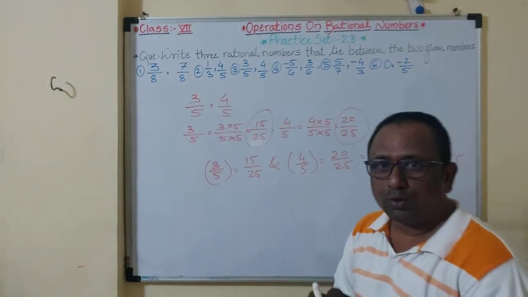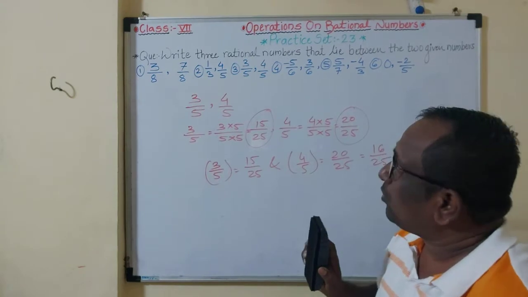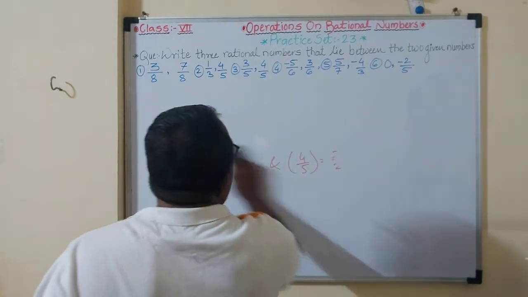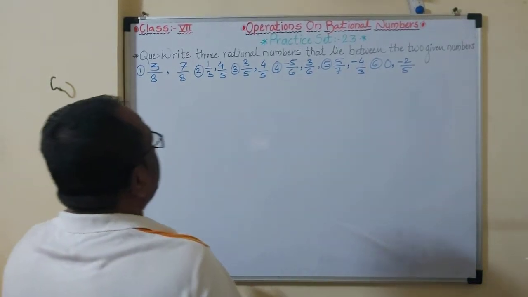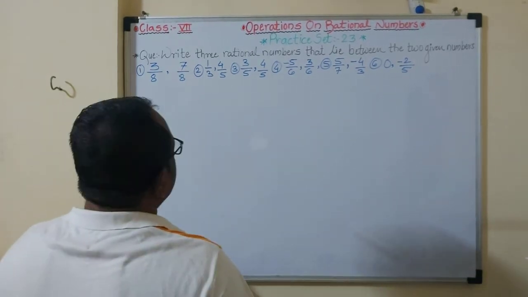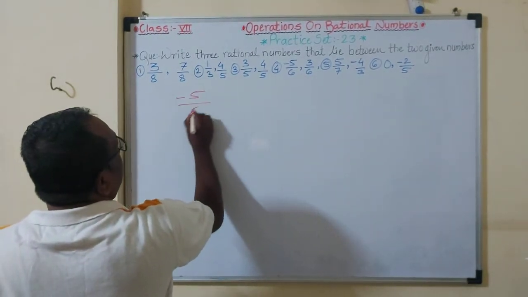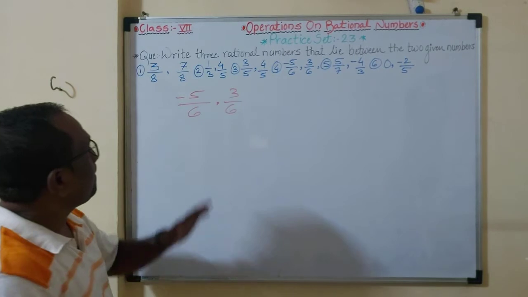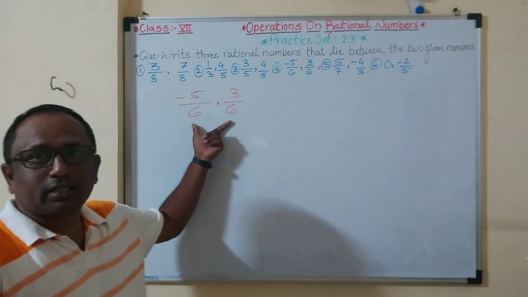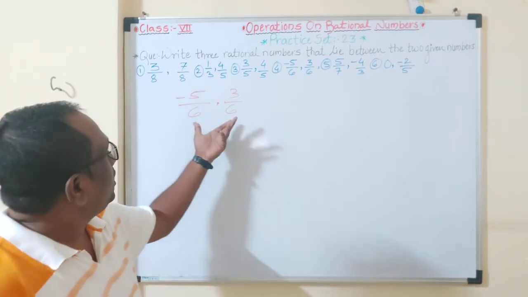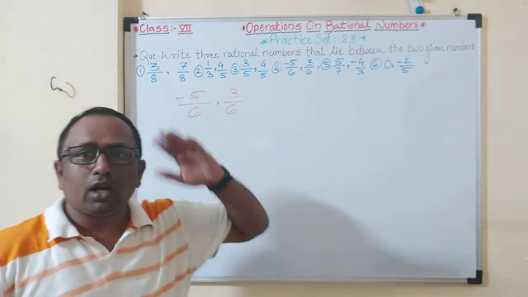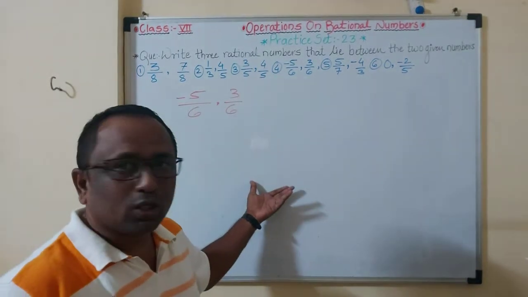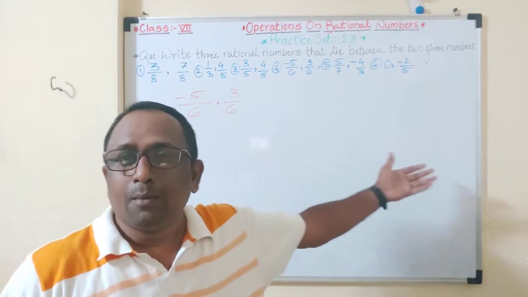Now we will see the fourth one. Here one rational number or one fraction is minus and the second one is plus. Now see, one is negative and one rational number is positive. Now the fourth one, minus 5 upon 6 and 3 upon 6. Now students, here denominators are same, and here is a minus sign and here a plus. So there are lots of numbers between these. At the start I showed you some minus number, minus 4 and plus 3 or something.